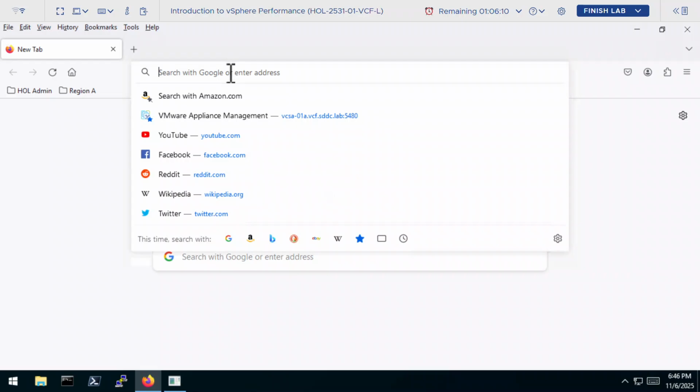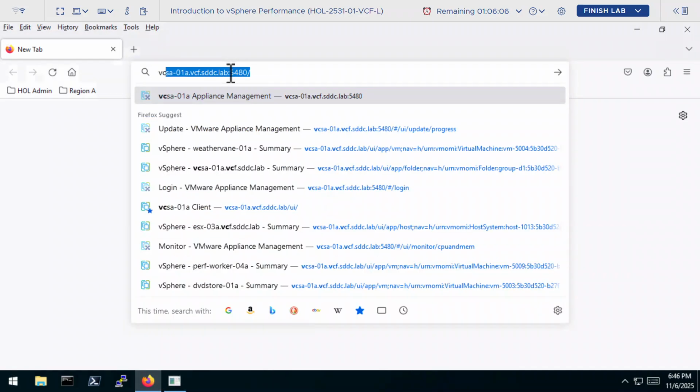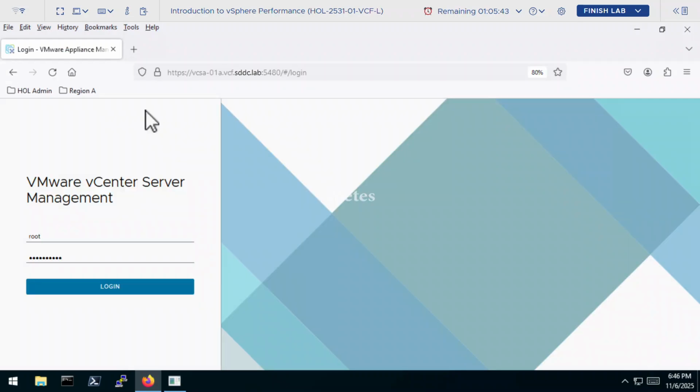So in my browser, I'm just opening up the vCenter VAMI UI. At the end of the vCenter FQDN, you have to put a :5480. It is a TCP port specific to the VAMI interface. If your vCenter is behind a firewall, make sure the TCP port 5480 is open in order to access the